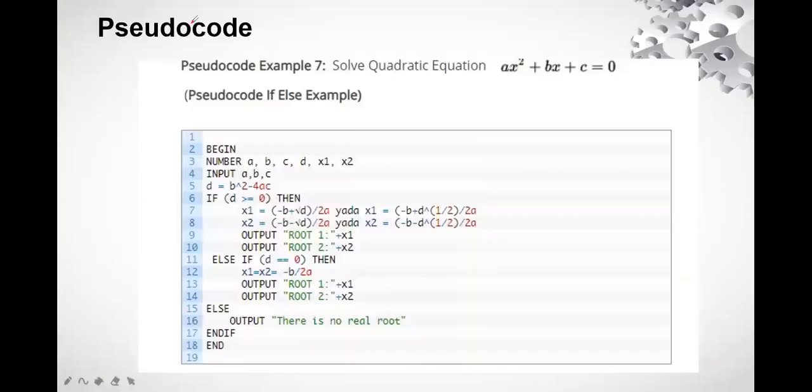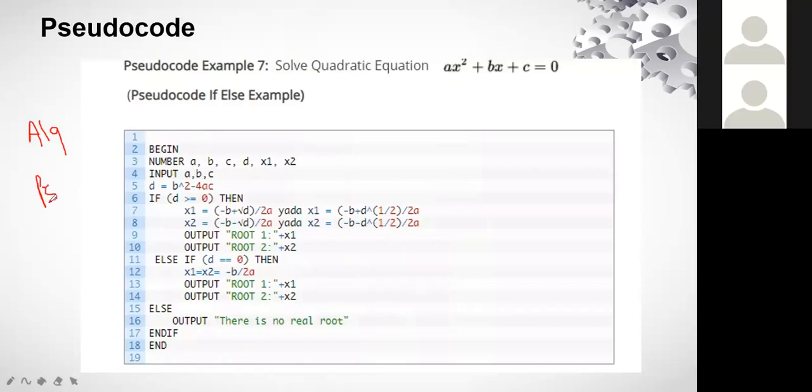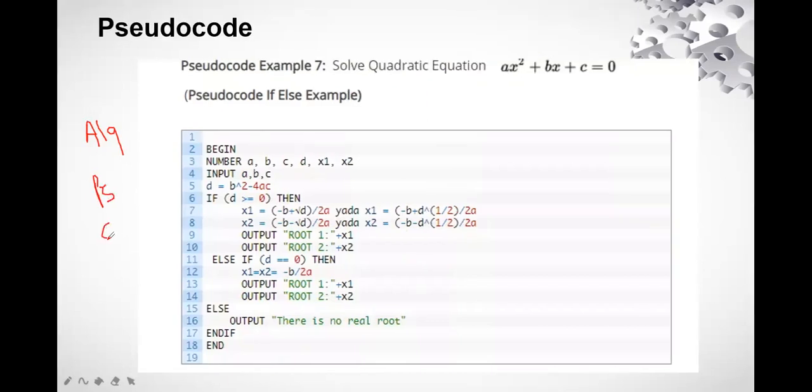Next, we have pseudocode. See, pseudocode is nothing new. It is a little bit different. We have three things. One is the algorithm. You all know what an algorithm is, right? Then we have the pseudocode. And lastly, we have the source code.